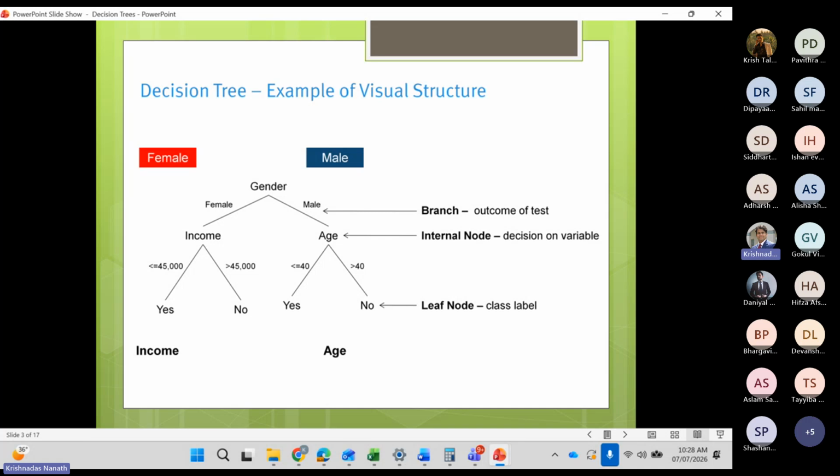So it will make a tree. Maybe it would say if it is gender. I also believe that the tree would ideally start with gender and P class because those are the two most important. So let's say it says if you're a female, then check the class. If you're a male, then check the class. If class is this, if gender is this, if age is this, etc. It will form a tree, and at the end, it will give you whether the passenger will survive or not. So no difference in the process. It's the same.